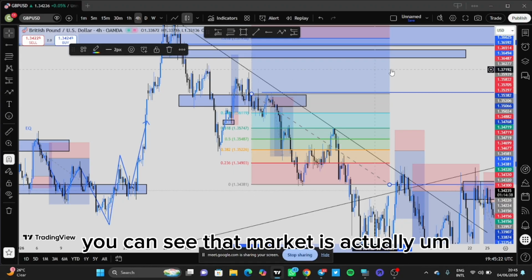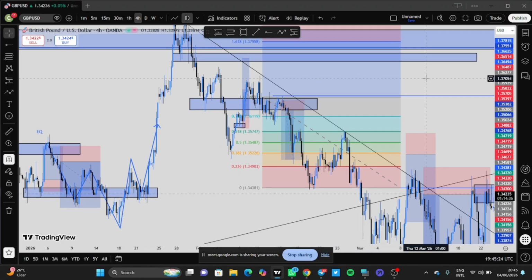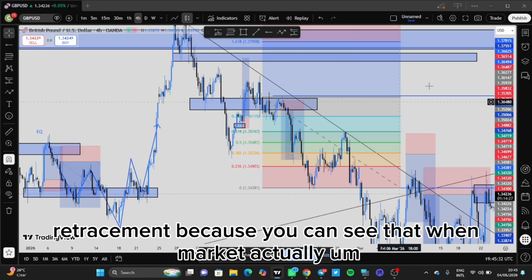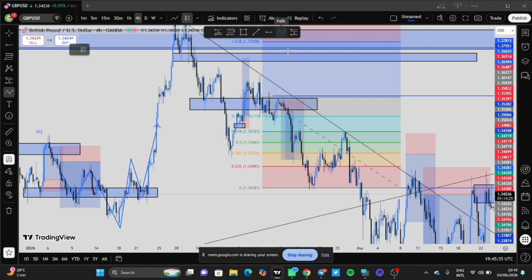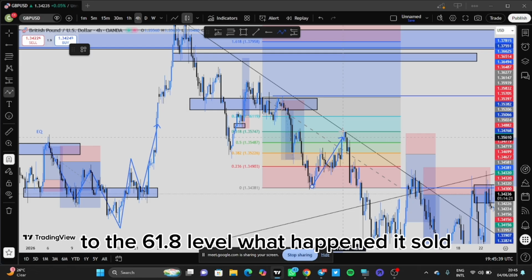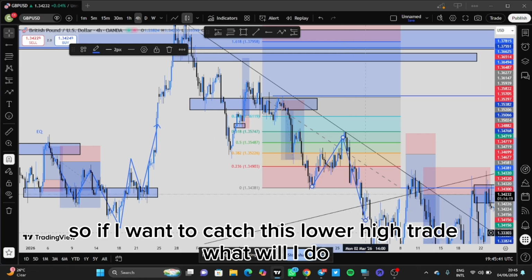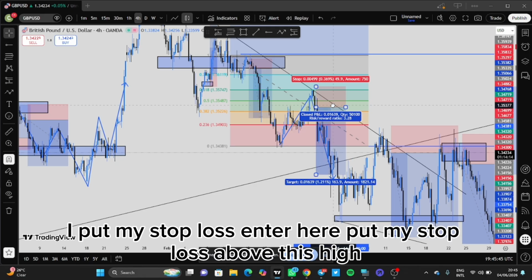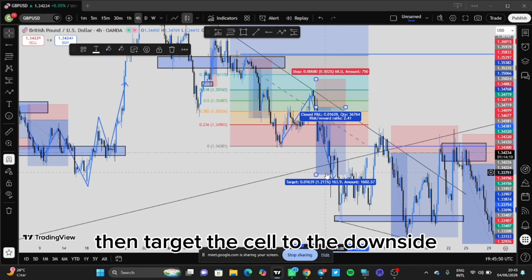You can see that market is actually respecting the 0.618 level. That's the 61.8 Fib level retracement, because you can see that when market actually went to the 61.8 level, what happened? It sold. So if I want to catch this lower high trade, what will I do? I'll put my stop loss, enter here, put my stop loss above this high, then target the sell to the